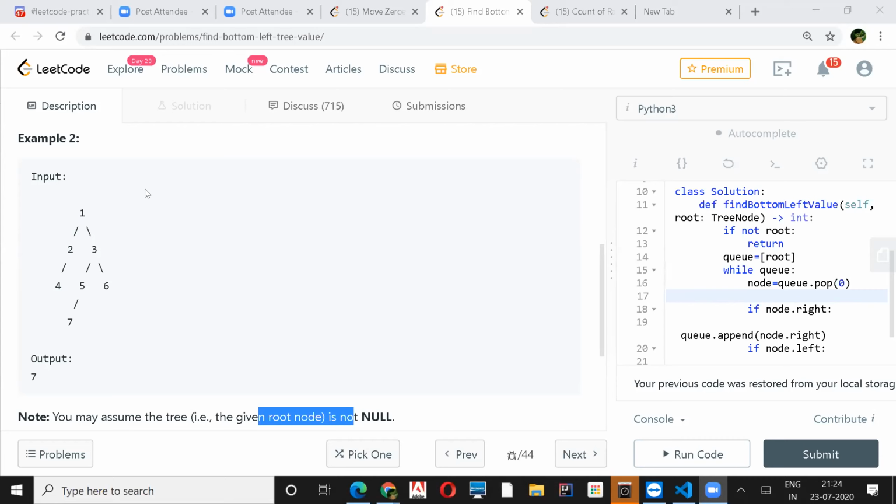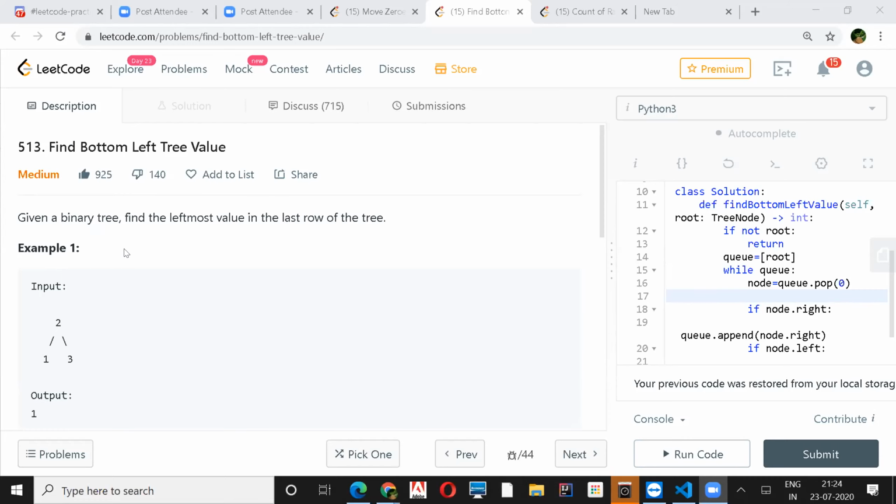Yeah. But I got why he's doing it the other way, because it will be very efficient. Just push the right first and then the left, because at the end you don't have to store that value, correct? Exactly. If this is 2, first you push 2 into the queue, then you push 3 and 1. So when the queue is empty, this would be the last one to come out, and just return your result. Yeah, that's a good optimization.